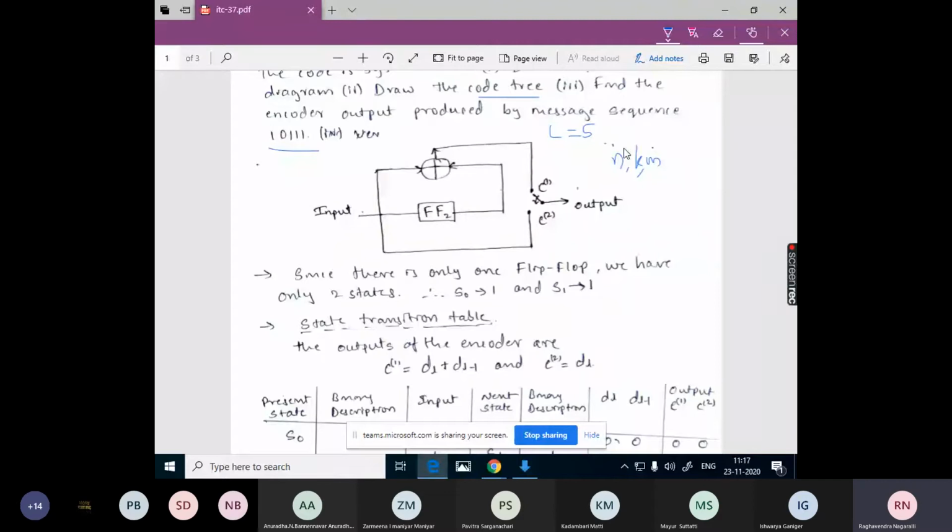For any given problem on convolutional codes, first we need to write these parameter values. If they have directly given the encoder diagram, you need to write these parameters. Writing these parameters also carries some marks, for example 1 mark or 2 marks.